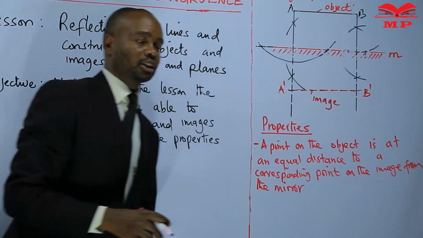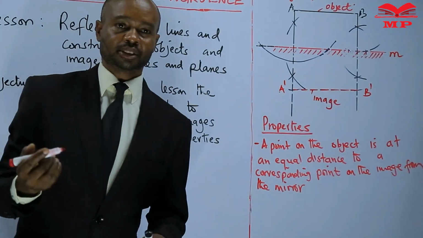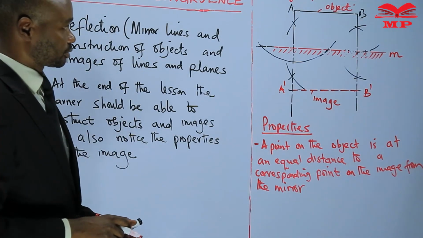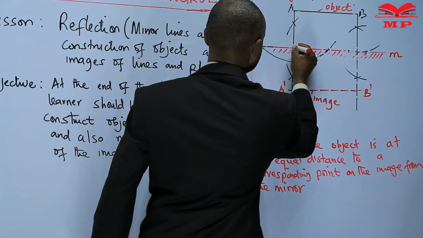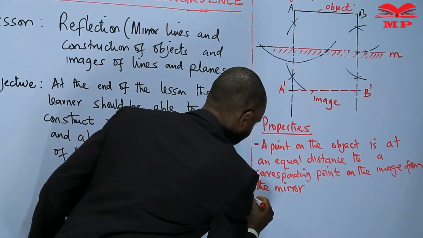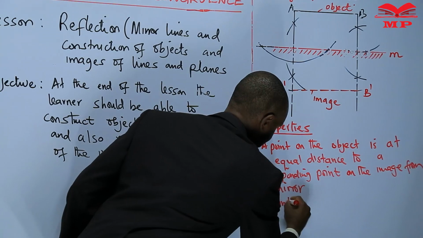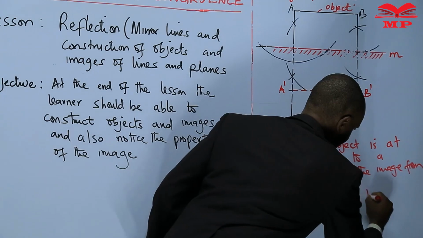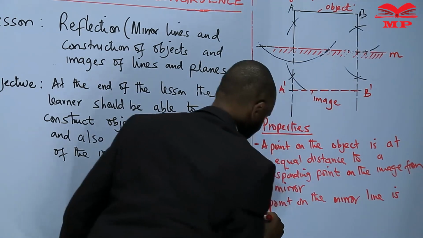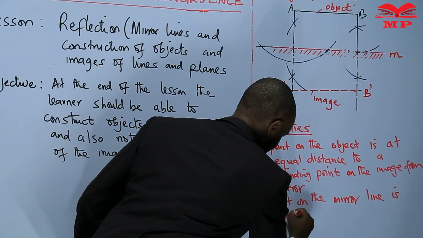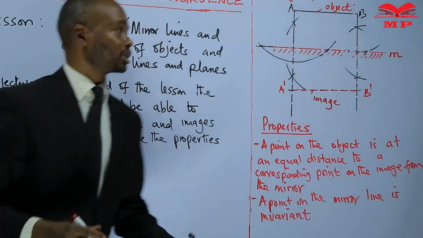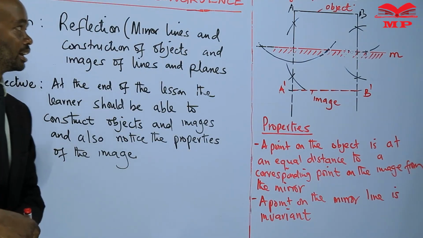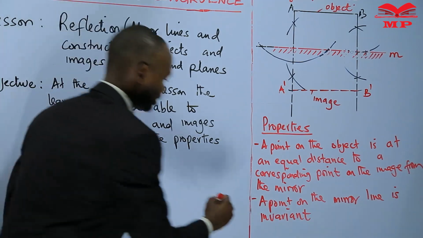Or what you can shorten is mirror distance. Object distance is the same as image distance. You'll also notice if I have a point here, a point on the mirror line does not change. Mirror line is invariant. Invariant means it does not change. It will just remain there. It will be invariant. Number 3,